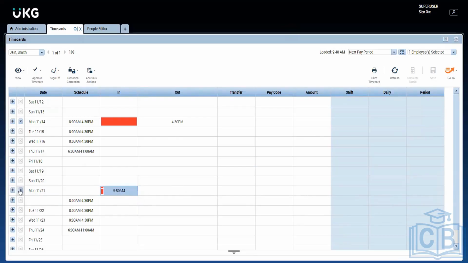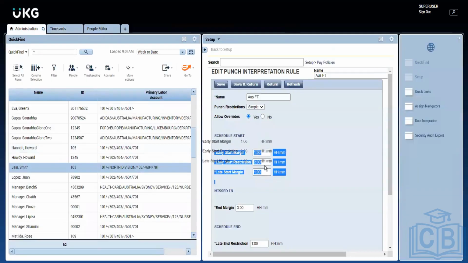now here in the time card it is allowing, but usually how the employee does is they will swipe in and swipe out. If you put a restriction of 2 hours in that device, it will say the punch is rejected and it will not go to the time card. Clear? And same for the late restriction.